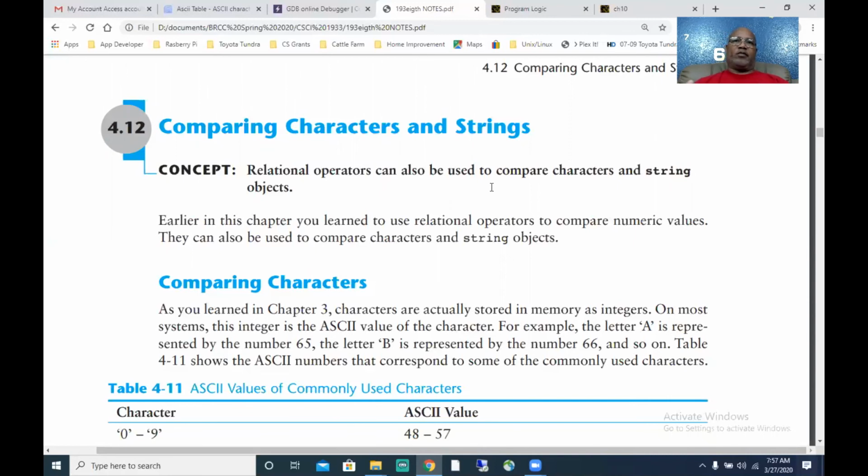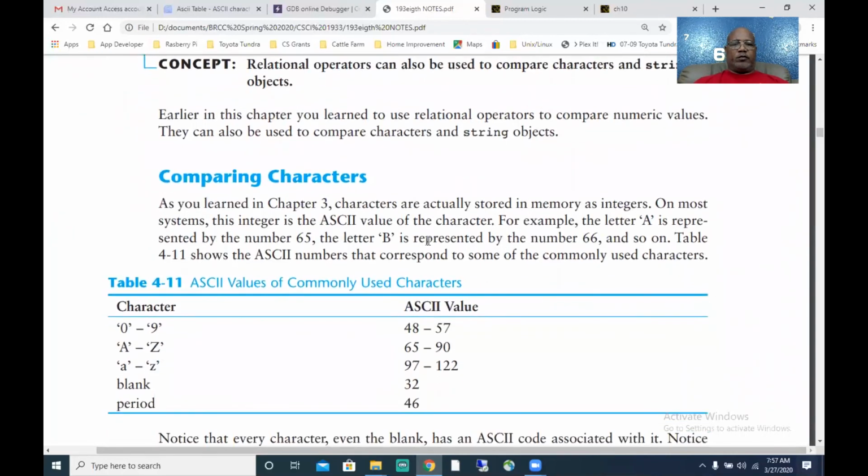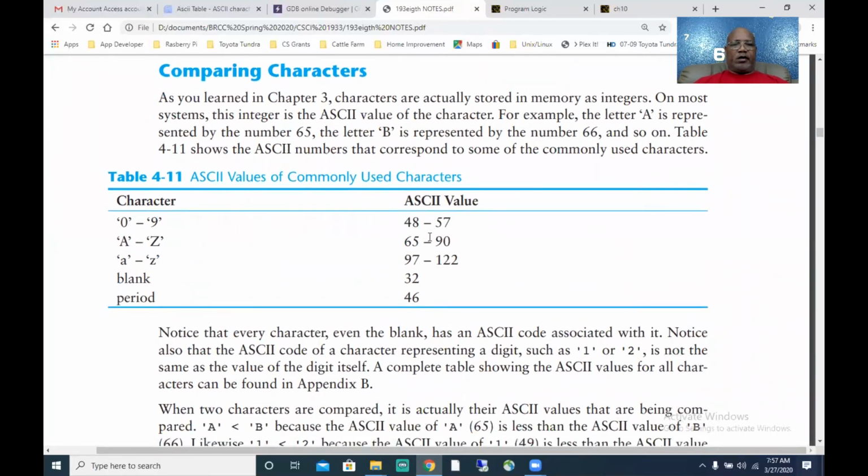So we can compare single character values, and we could also compare string variable values. So, comparing characters. As we've learned in chapter 3, characters are actually stored in memory as integers. Remember, we talked about ASCII and the ASCII table. The ASCII value for A as a character is A, but as a decimal value, it's 65, and B was